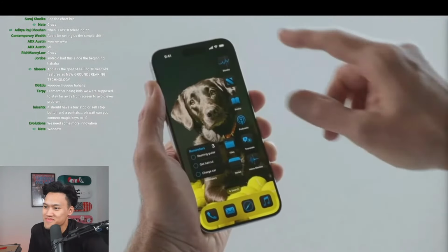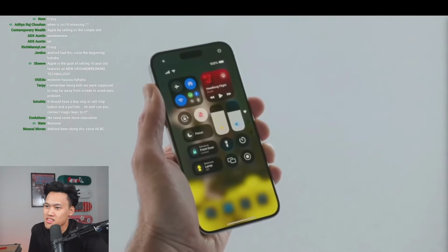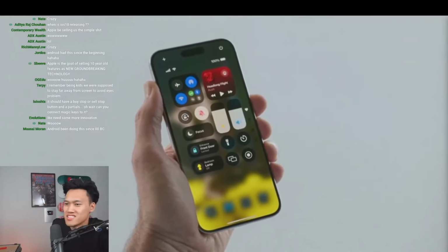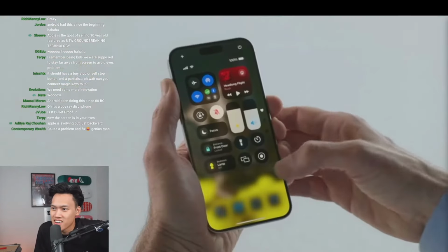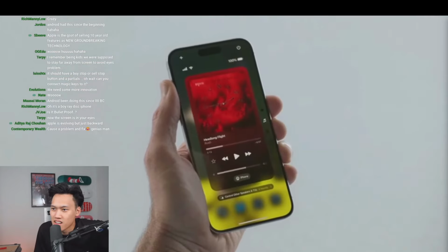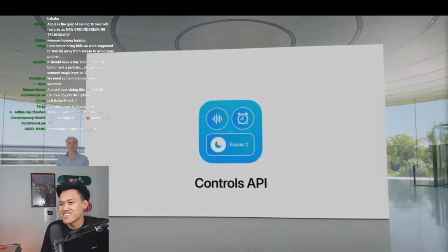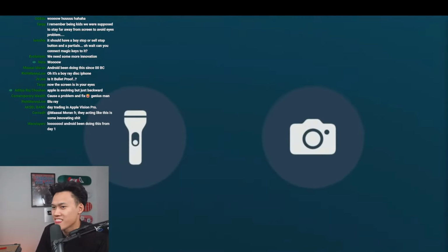When I swipe from the top right corner, I can see Control Center with all my controls organized in one place. And now Control Center isn't limited to just the controls you see here. I can swipe to multiple new groups of controls, like for media playback. You can see how beautiful this looks. And here are my home controls. These new controls are also available from the lock screen, so you can swap the camera and flashlight for different